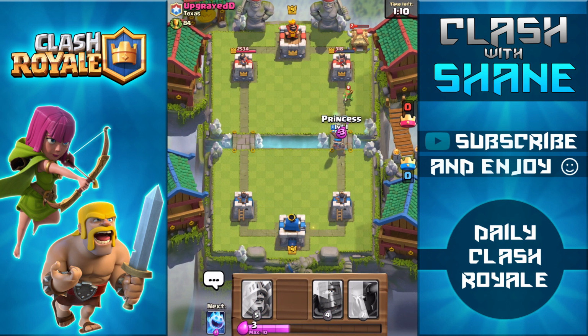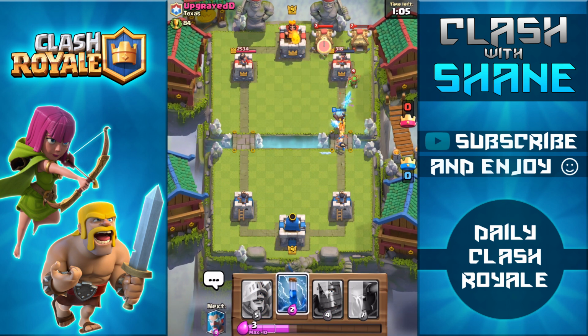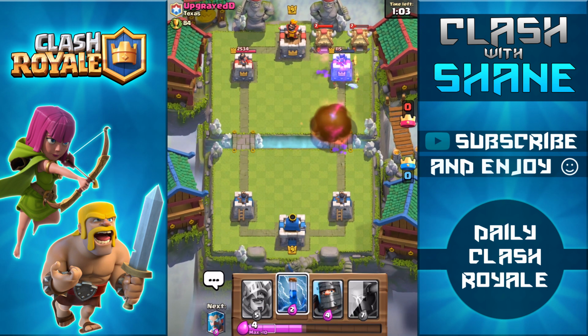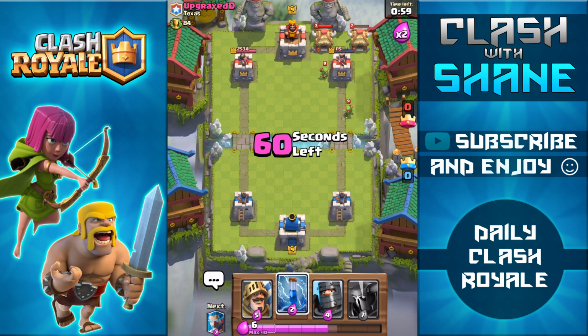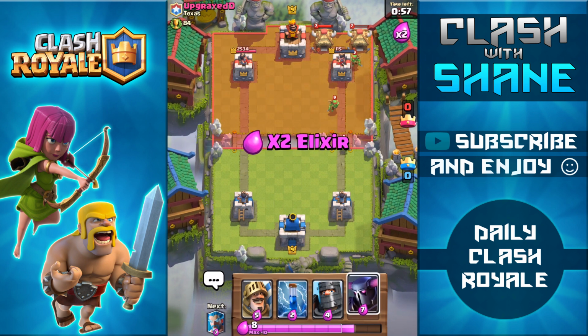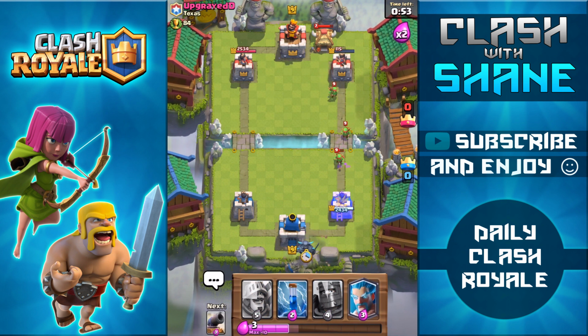If there's a Princess here with an Ice Spirit for support, maybe we can finish off that tower. There we go. Oh, 1 hit off by the Princess, forcing a Fireball. Definitely not too bad, given that his tower only has 115 health left. So, let's start pushing this lane with a Pekka, and just keep the pressure on, and maybe even get a